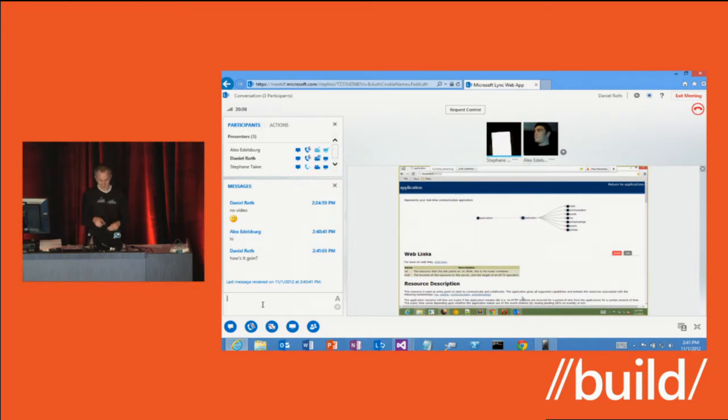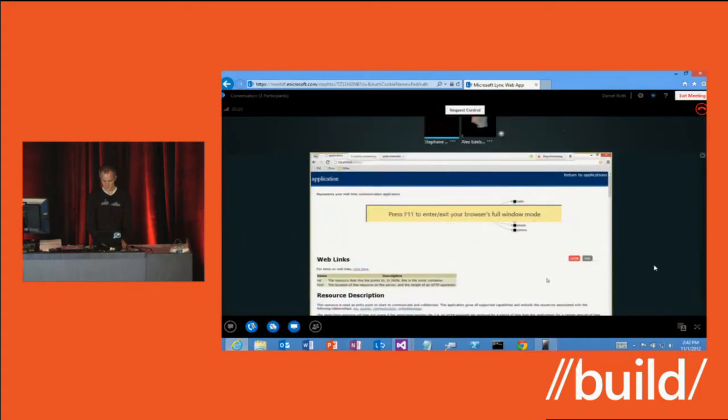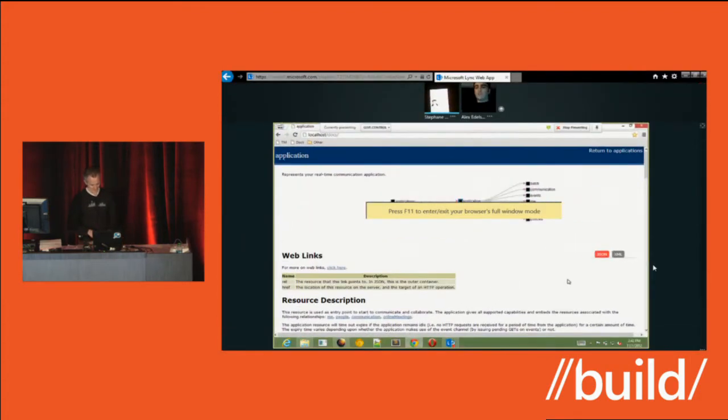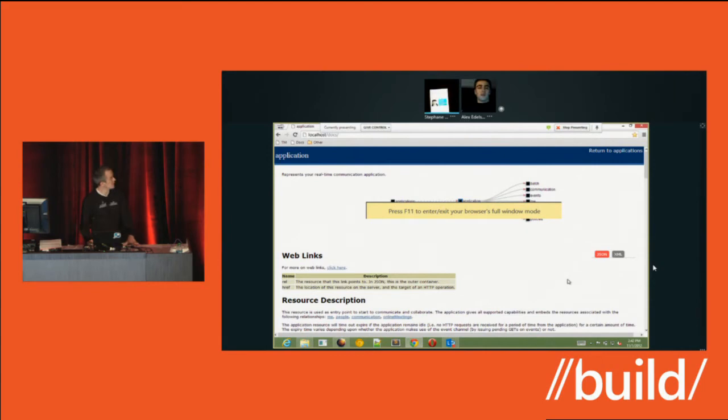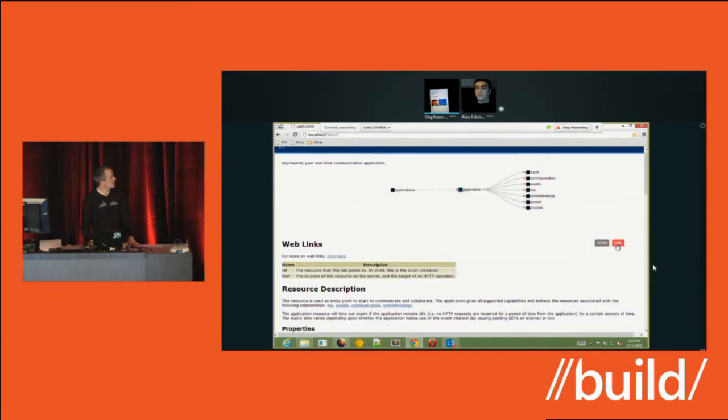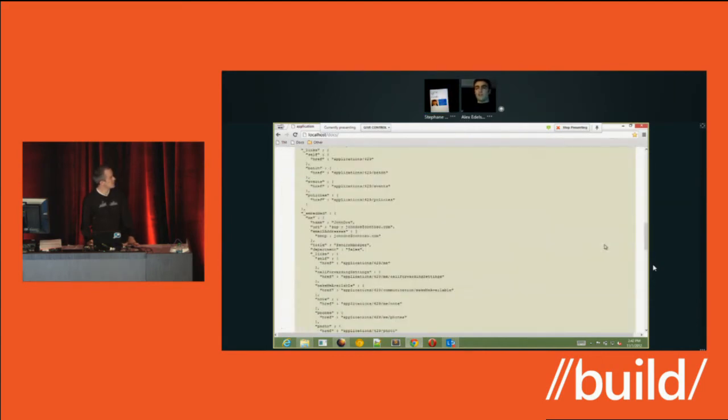That's awesome. So what are you showing here? This looks like some Web API documentation. Is UCWA intended for third-party developers to also be able to consume? Exactly. This will be released along with the phone clients in the coming months, and it will be a fully public API that we'd expect developers to work with. Using the ASP.NET Web API framework, we've built a very standard and easy to navigate REST-style API. You can see we support both JSON and XML formats. If I go down to the payload, it's in JSON format.